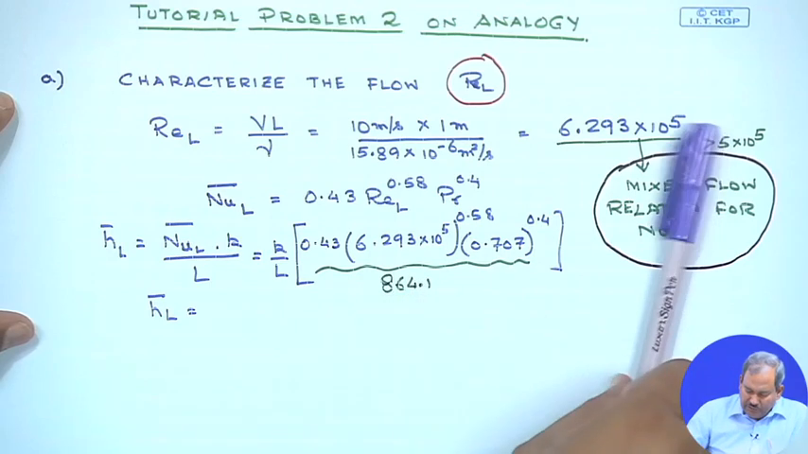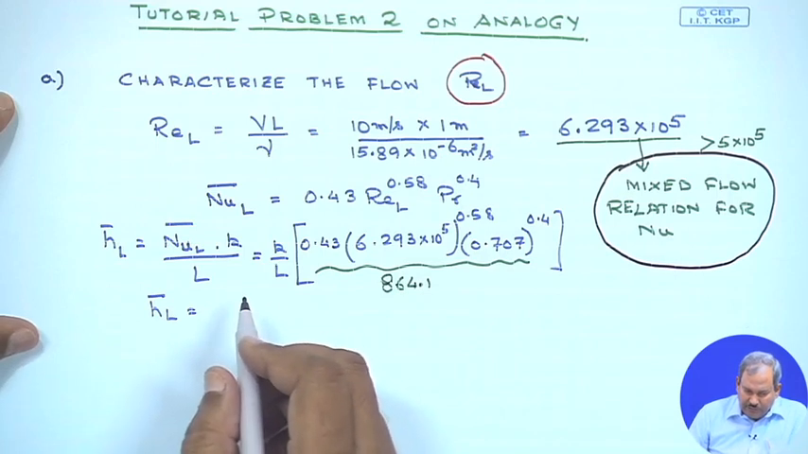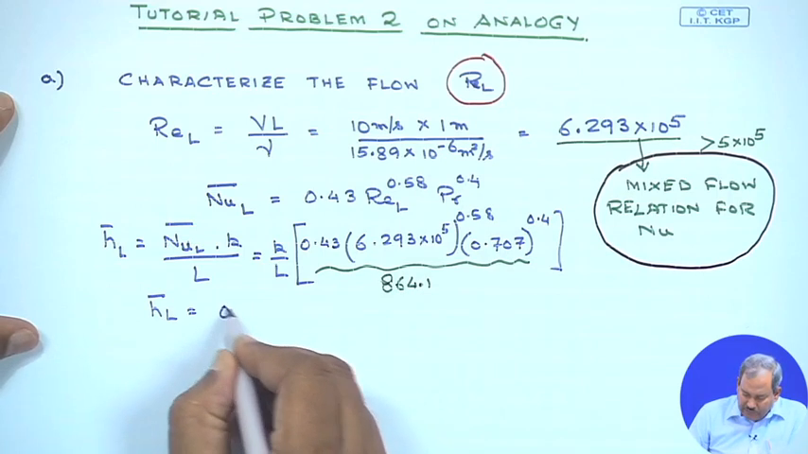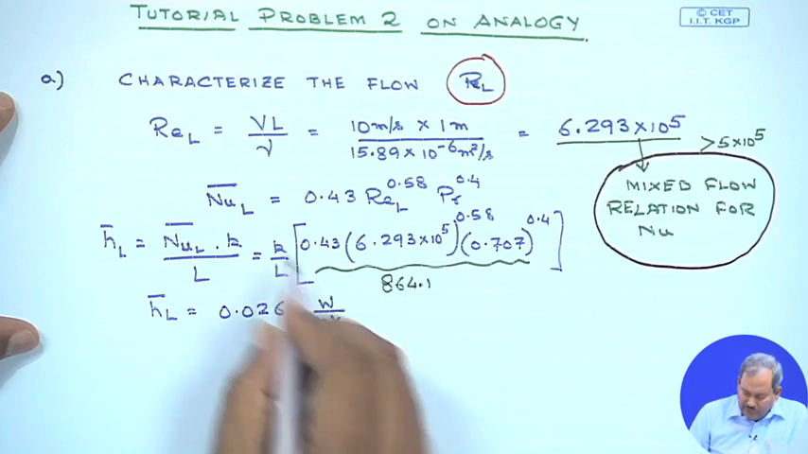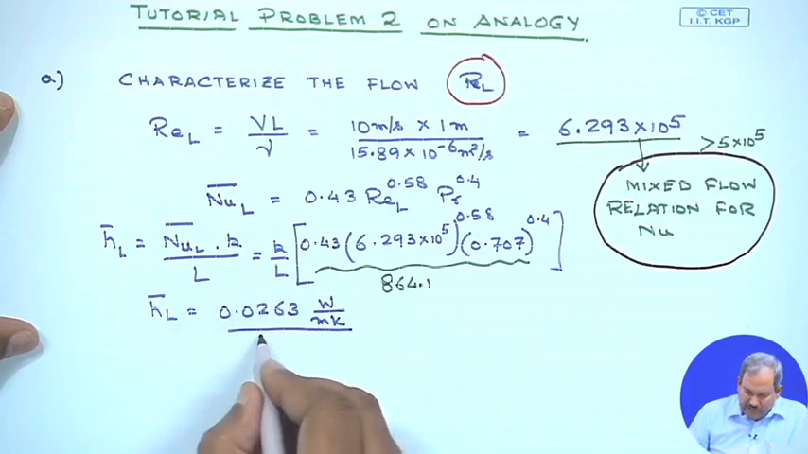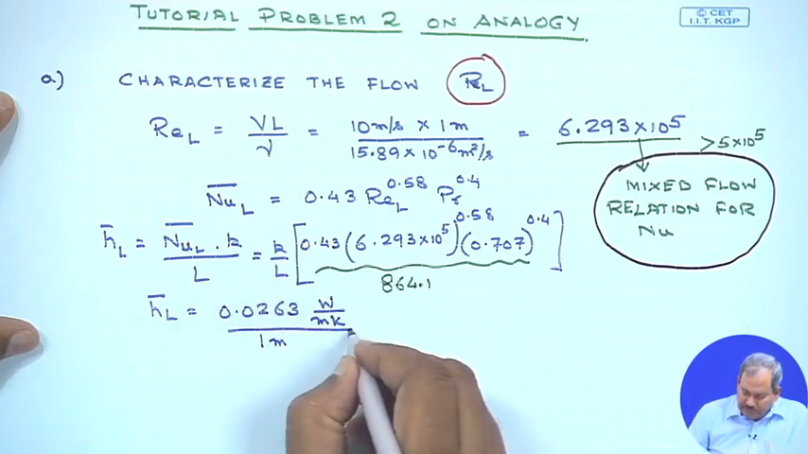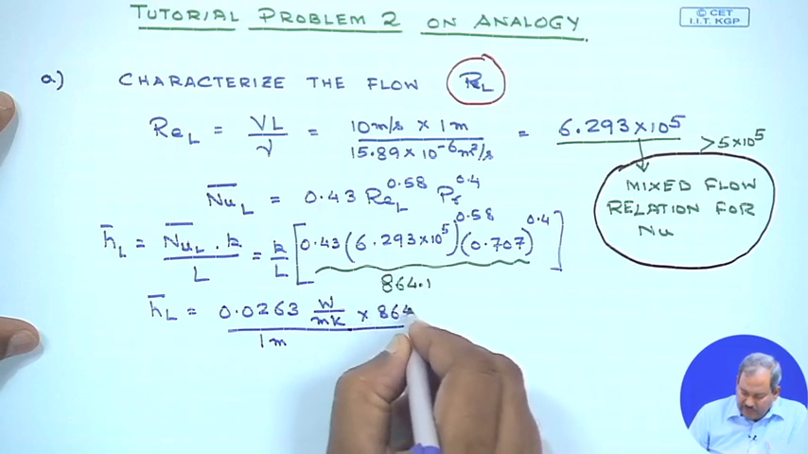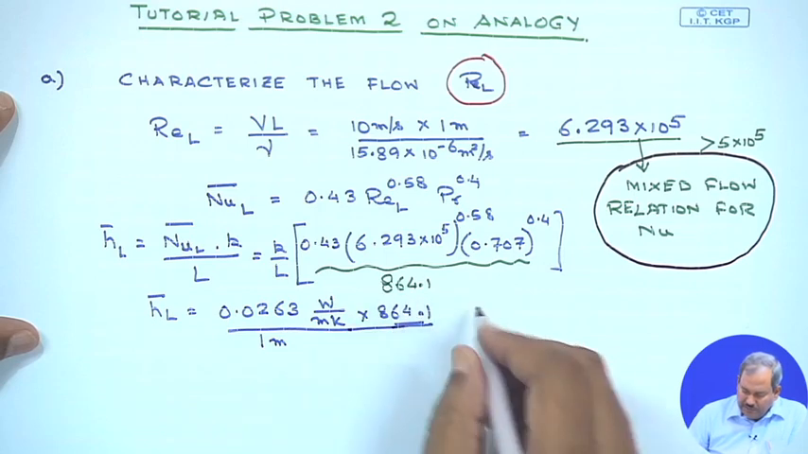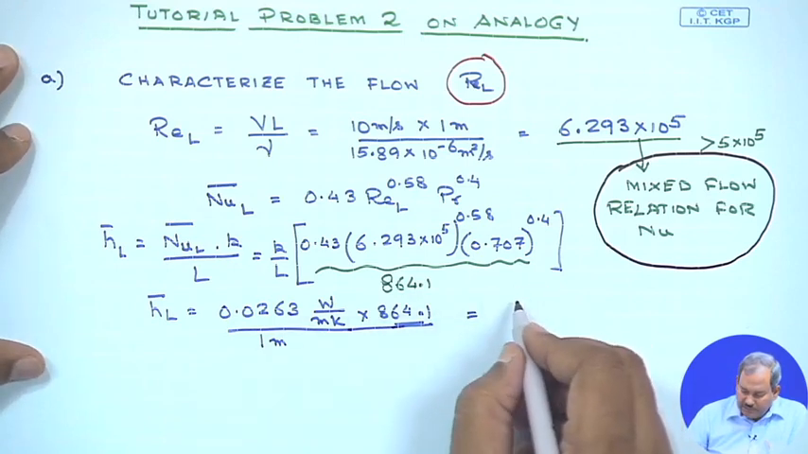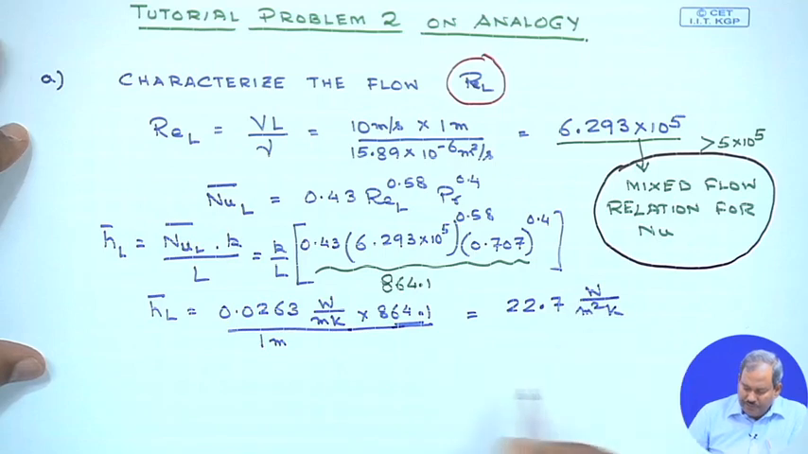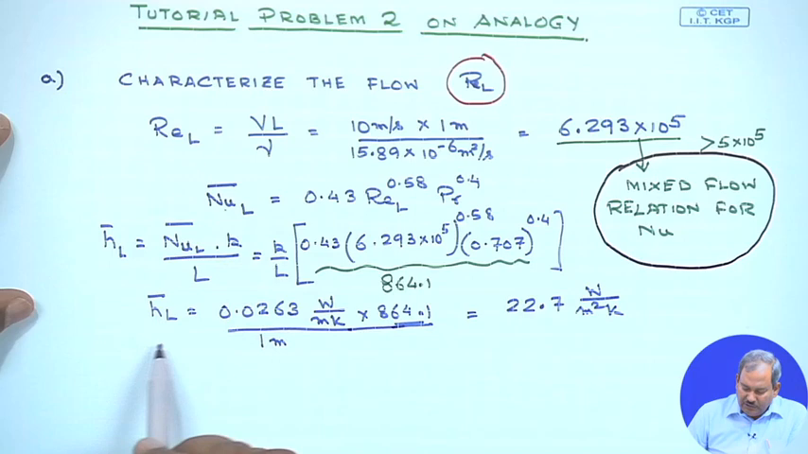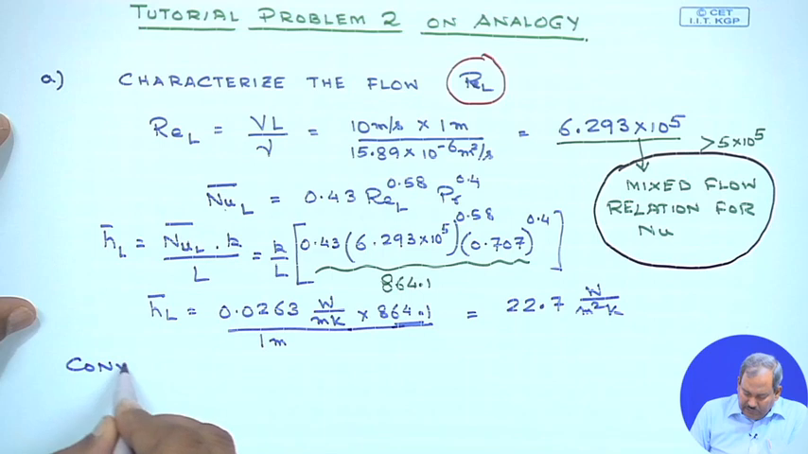864.1. So, your heat transfer coefficient would simply be equal to 0.0263 watt per meter Kelvin, which is for the K, and the length is simply 1 meter, times 864.1, which is a dimensionless number, and this would simply turn out to be 22.7 watt per meter square Kelvin. So, using the relation provided, we can obtain the average value of the convective heat transfer coefficient. So, the convective